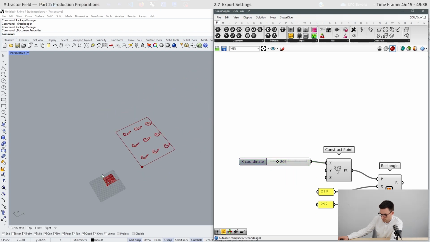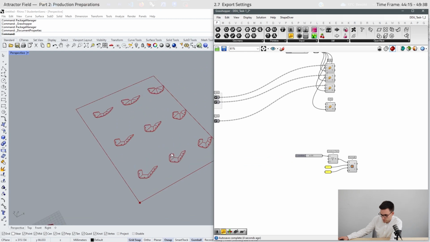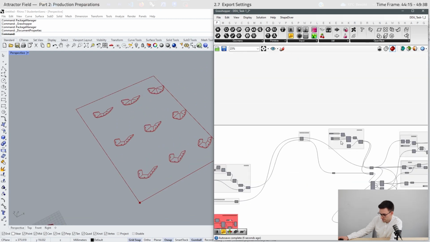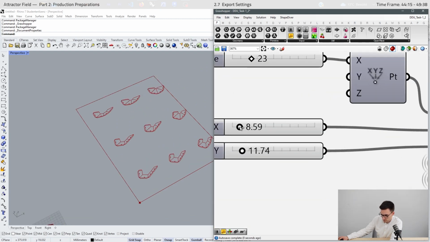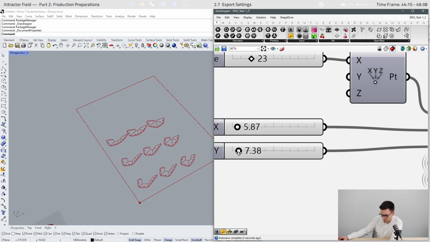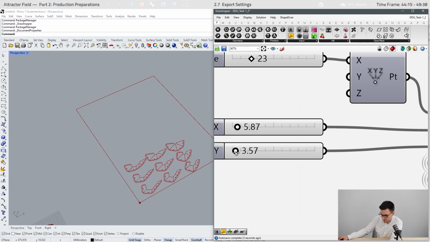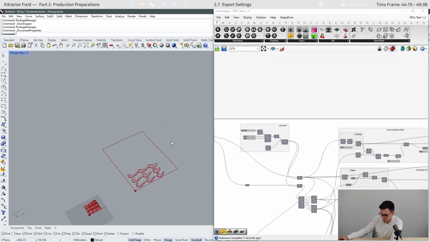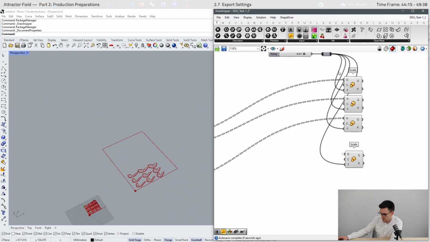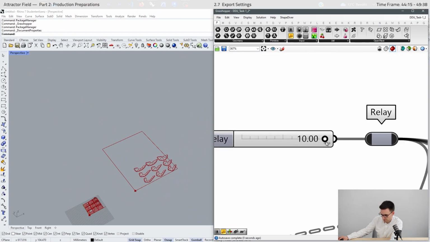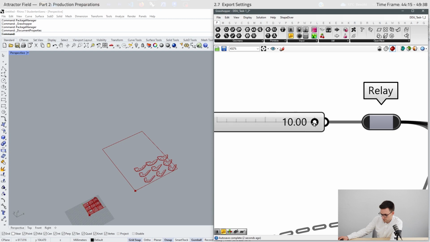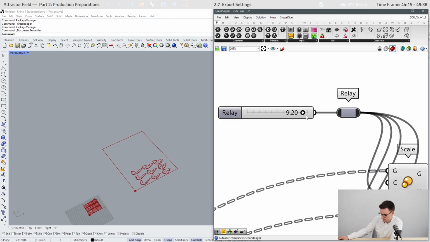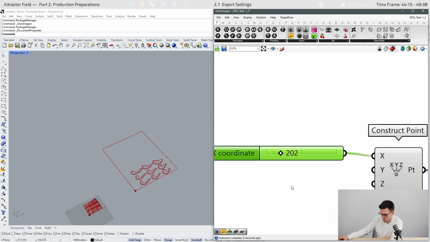Now we can move our layout, and we need to adjust the first layout and decrease the spacing. Now we can increase the scaling, or as an example, I will just leave it like this.